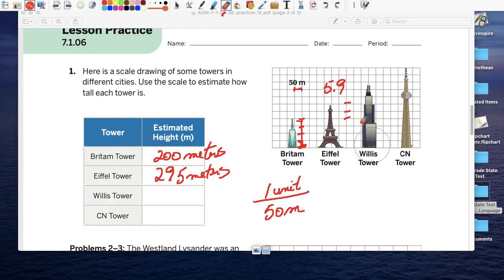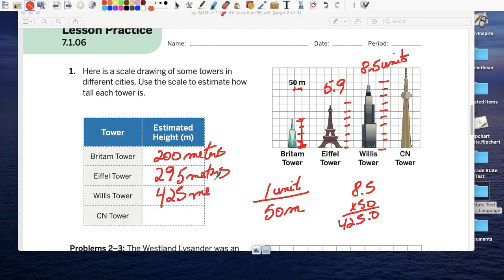The Willis Tower. Well, let's count the number of units. So it's 1, 2, 3, 4, 5, 6, 7, 8. All the way up there, it'd be 9, but it doesn't reach 9. So it looks like 8.5 units tall. Each unit is 50, so again, 8.5 times 50, 425, approximately. The CN Tower, which is in Toronto, 1 unit, 2, 3, 4, 5, 6, 7, 8,